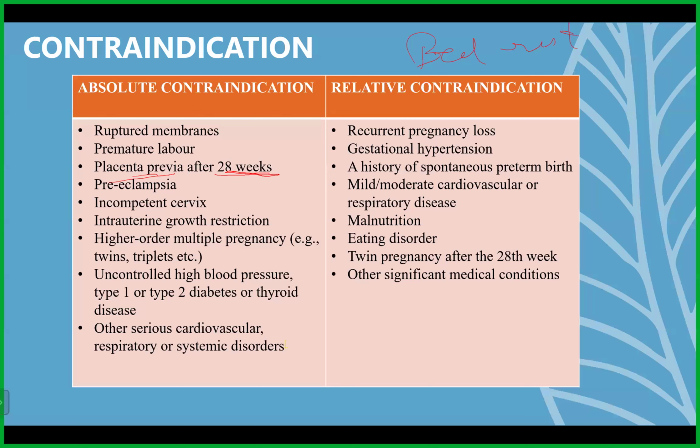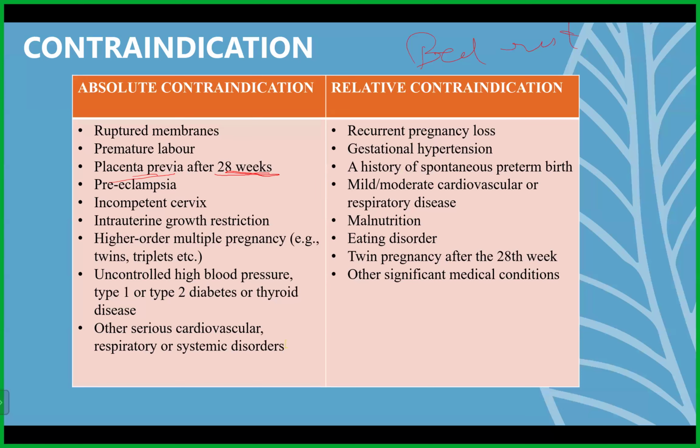preeclampsia is a constant increase in blood pressure, not any fluctuation in blood pressure. Because there is something called gestational diabetes, something called gestational hypertension, and then there is preeclampsia. So how do you differentiate preeclampsia from gestational hypertension? It is based on the frequency at which you are seeing high BP. If constantly for weeks together you are just seeing high BP, there is no drop, the normal BP itself is so high, you can consider it preeclampsia. If it is gestational hypertension, it is again an increase in BP, but there will be a little fluctuation at least once a day. Like that, you can say it is gestational hypertension.